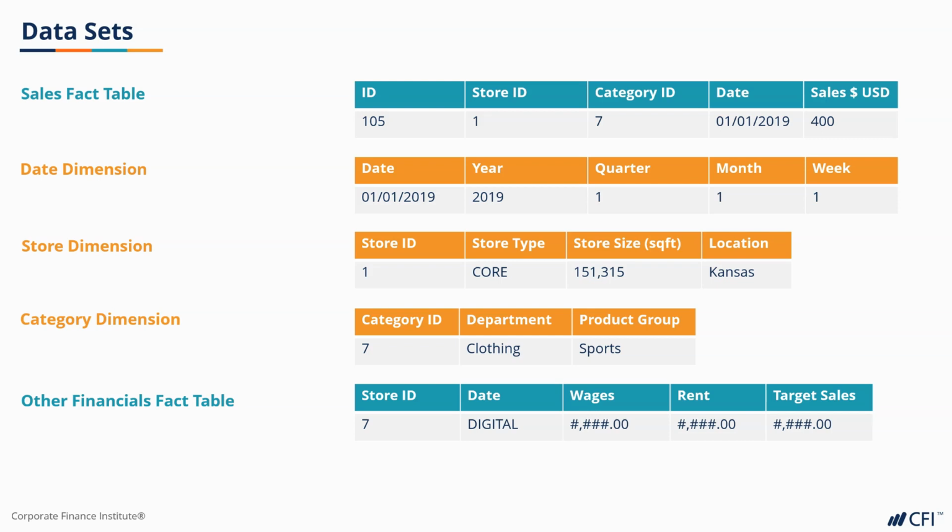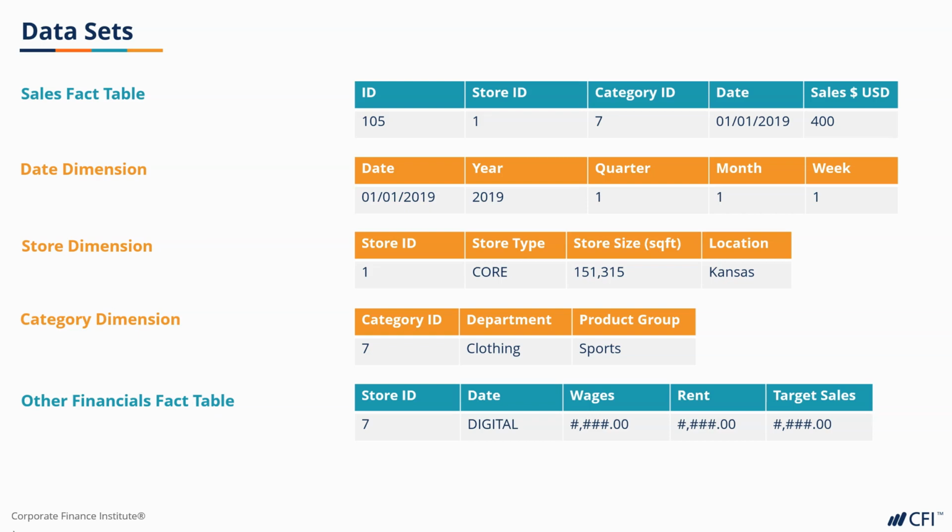Then we'll add a date dimension table, which will allow us to slice and dice more accurately by period. Then by importing a store dimension table, this will give us additional information about each store, such as the store type or the store location. And that location will allow us to map sales onto a map. We'll use the category dimension to allow us to draw a tree map with areas highlighting which sales come from